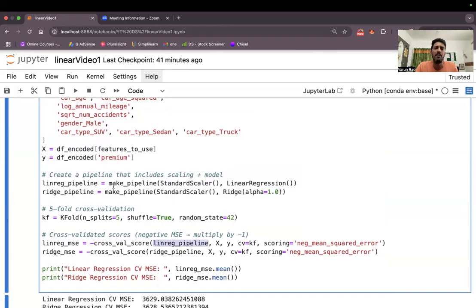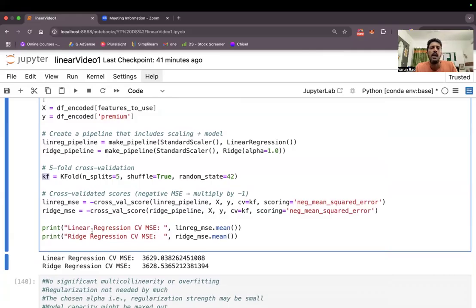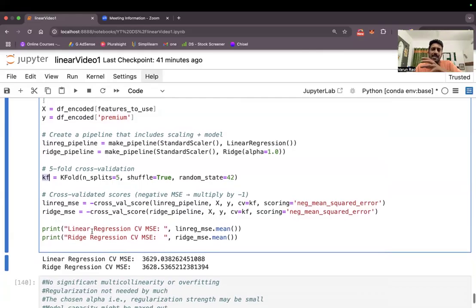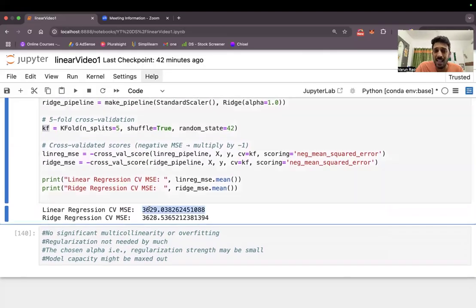So now what I'm doing is after I create a pipeline, I'm making a k-fold validation or an n-fold validation within which I would be taking 5 splits, and in these 5 splits, I would be passing values. I mean, I would be having 5 different sets of values to see how my model is performing. I created a pipeline of linear regression and ridge regression, and I see that my model here also does not change much. So even in my linear or ridge, I see that this model is not outperforming another,